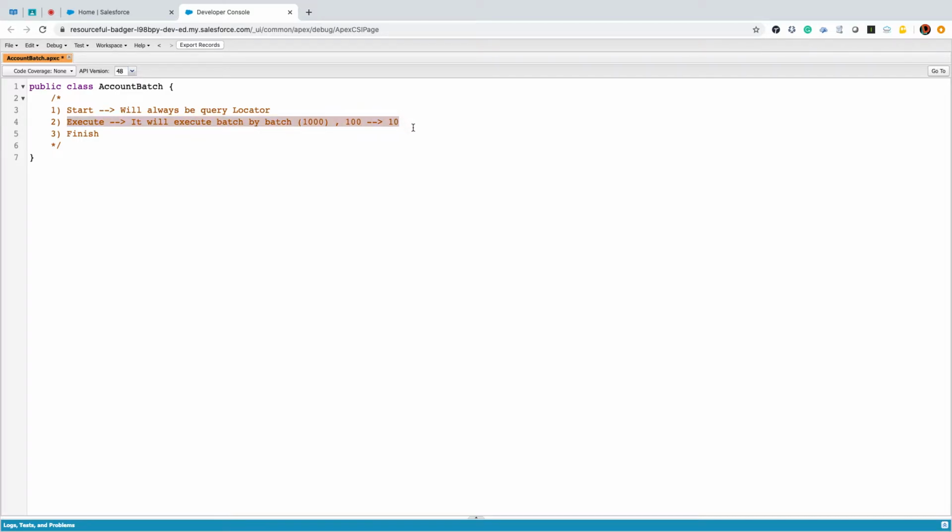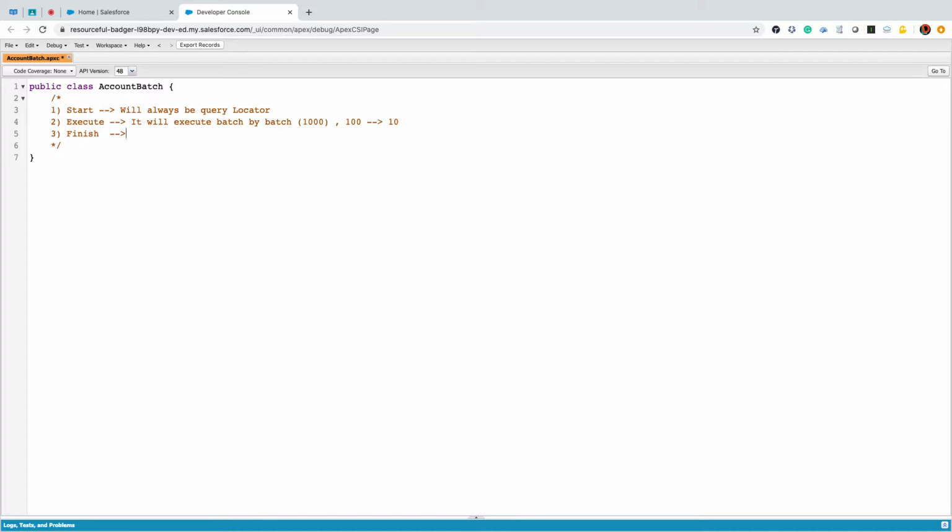Here we need to remember one thing. Let's say I'm running 10 batches, and any one of the batches fails. It doesn't mean that all 9 other batches will fail. It will fail only that batch which got the error. The other 9 batches will get committed successfully. So there is no rollback if anything goes wrong in batch Apex. With this in mind, if anything goes wrong, we need to handle that data also. It's not that batch will take care of it. It's your responsibility to handle those errors, so either you can send an email, or you can initiate those records in the next batch. But the batch will not sustain itself to handle that.